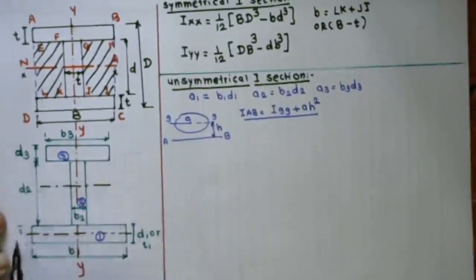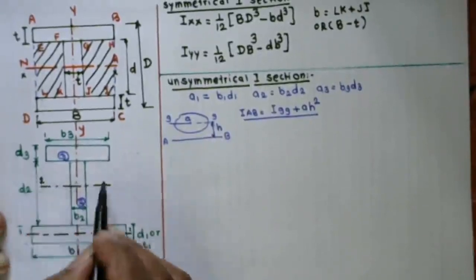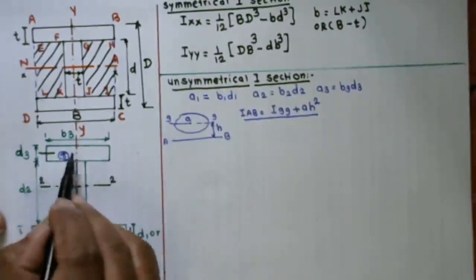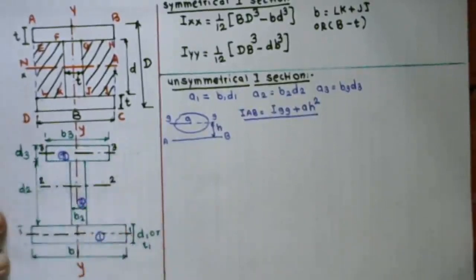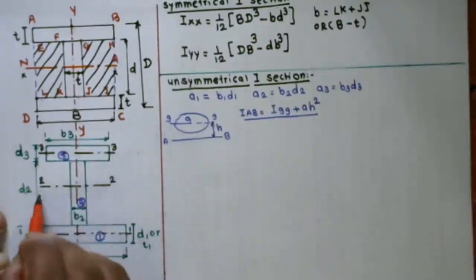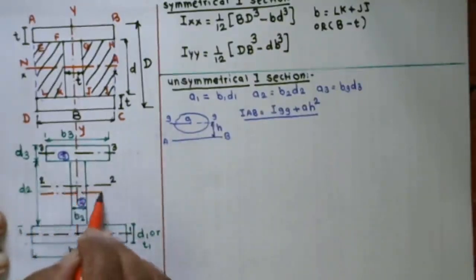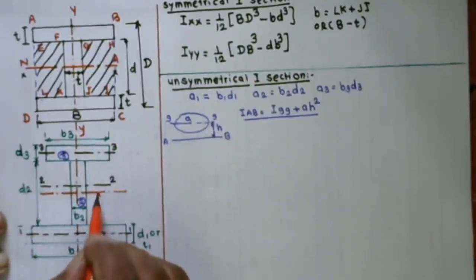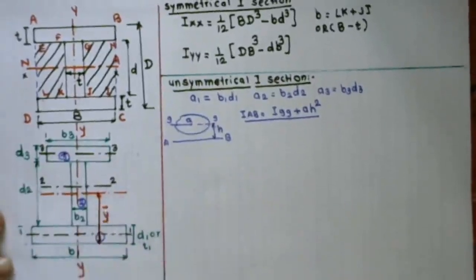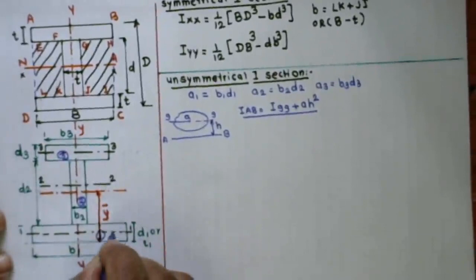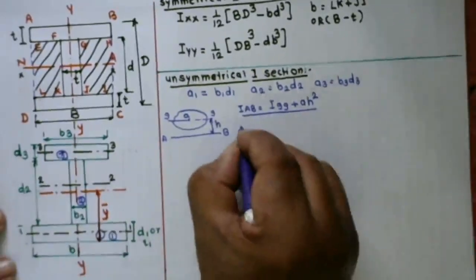So I see here this centroidal axis is 1-1, this centroidal axis is 2-2, and this third centroidal axis is 3-3. Before that we have to calculate the y bar, or centroidal axis, of the whole figure. For the whole figure, I am assuming this is my centroidal axis, and its distance from that side is y bar. In short, first we have to calculate its y bar.